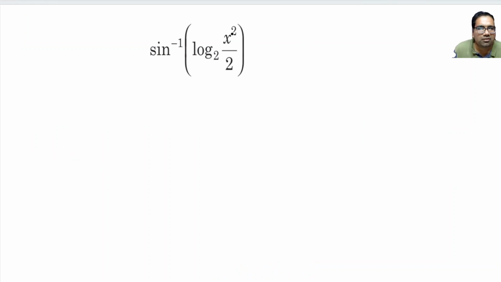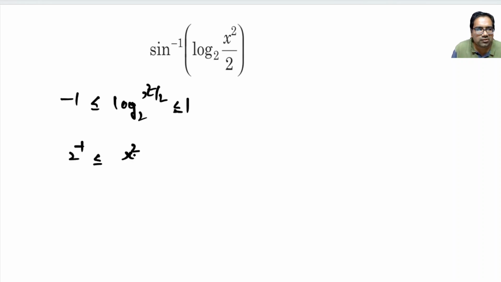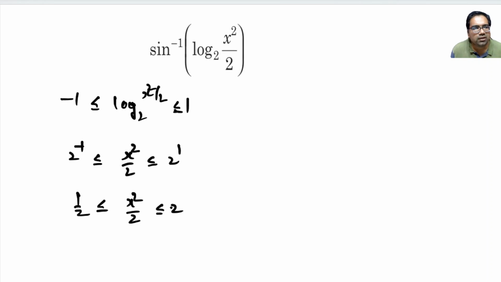At the same time, log of x square by 2 should be defined. That means x square by 2 should be greater than 0. Okay, so firstly, minus 1 should be less than or equal to log base 2 of x square by 2, which should be less than or equal to 1. What does that mean? 2 power minus 1 should be less than or equal to x square by 2, which should be less than or equal to 2 power 1. Okay, half should be less than or equal to x square by 2, which should be less than or equal to 2. Right,